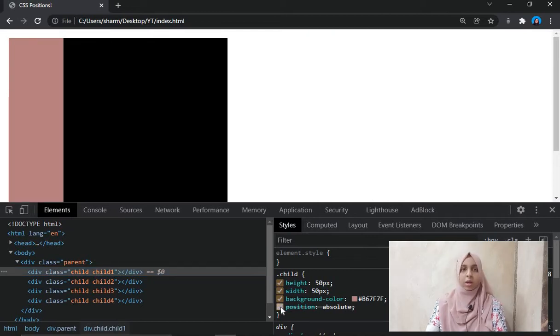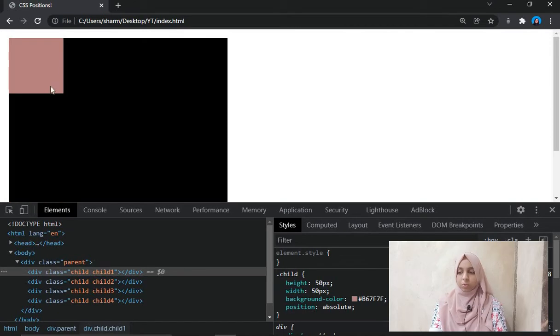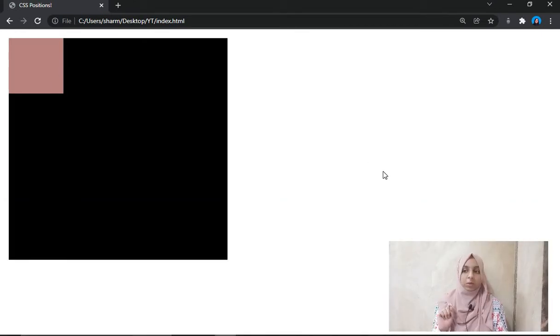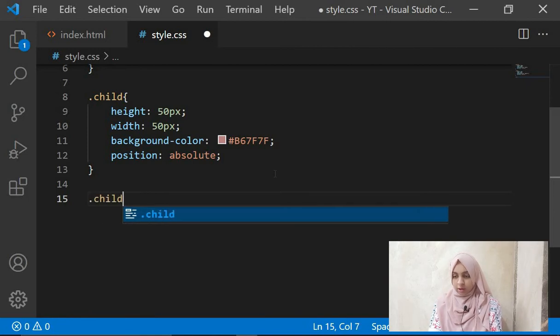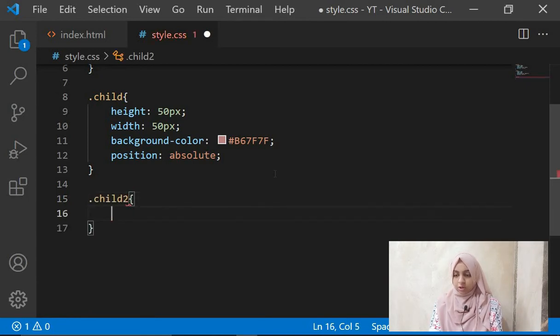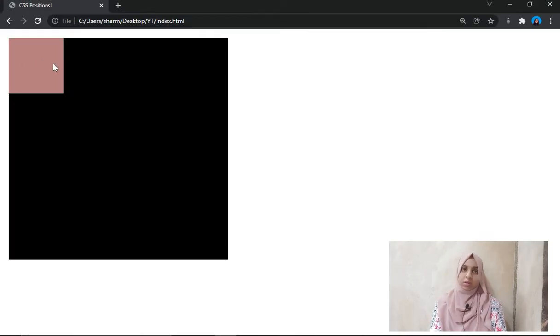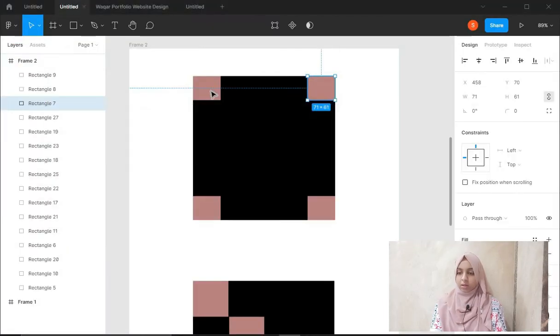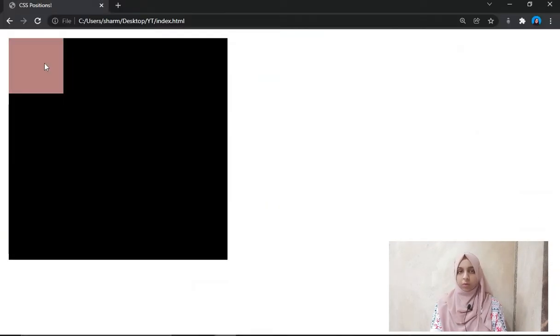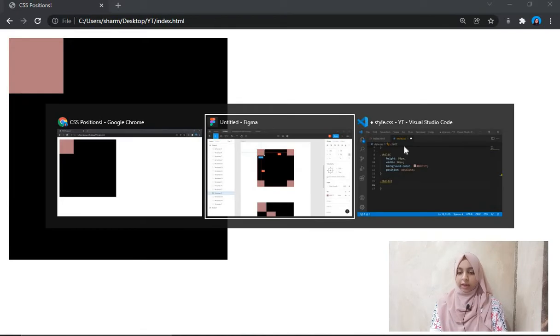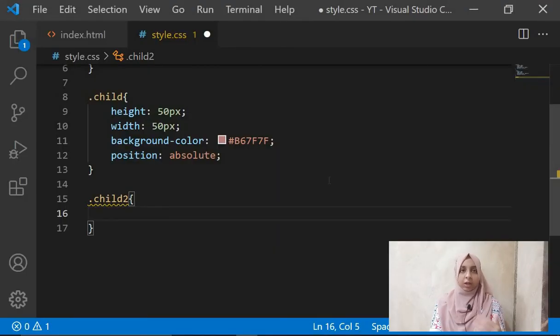If you remove it, can you see they go one below the other, but when you give it position absolute, they start to overlap each other. This happens because position absolute removes your element outside your document flow. So now let's start with child 2. Child 1 we don't need to touch because it's in the proper place, right? Here we want it to be over here and our child 1 is already over there. The 2nd, 3rd and the 4th div which are overlapping, we just need to move them.